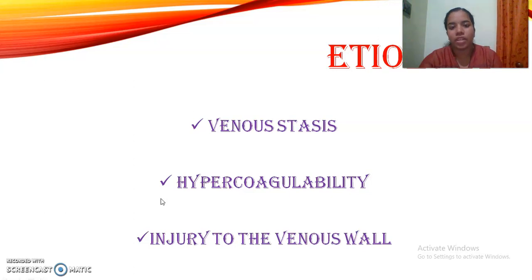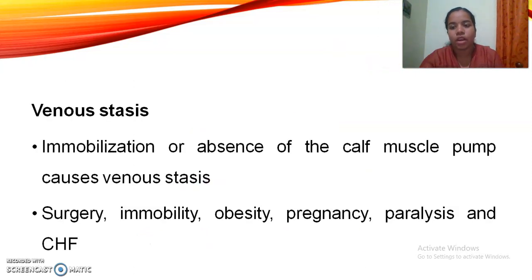There is venous stasis, then hypercoagulability, and injury to the vein walls. These are the three main etiological factors behind deep vein thrombosis. Venous stasis means the immobilization or absence of the calf muscle pump causes venous stasis, and it is especially seen in cases of surgery, immobility, obesity, pregnancy, paralysis, and CHF, that is congestive